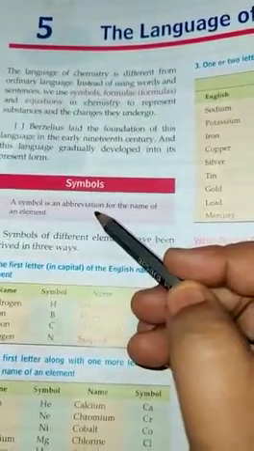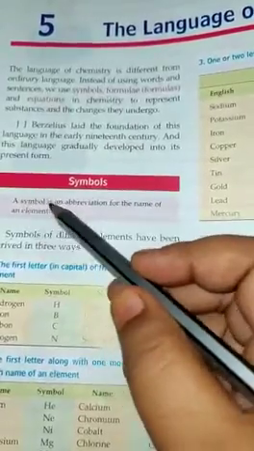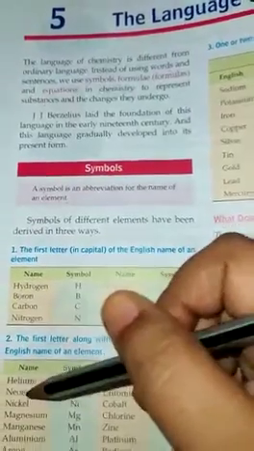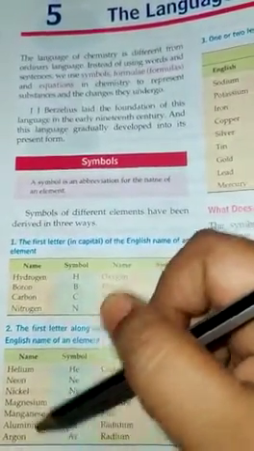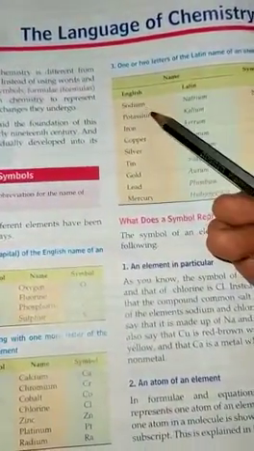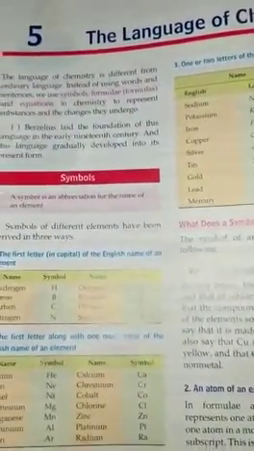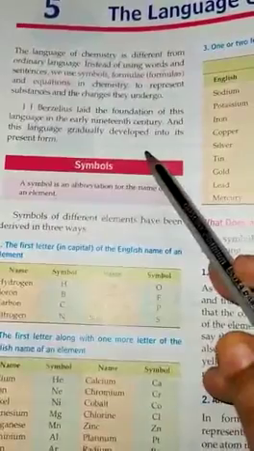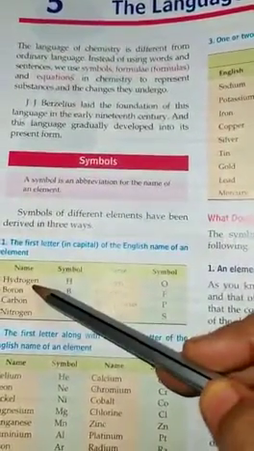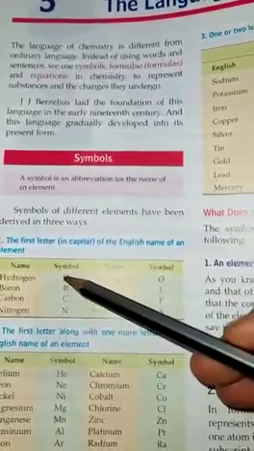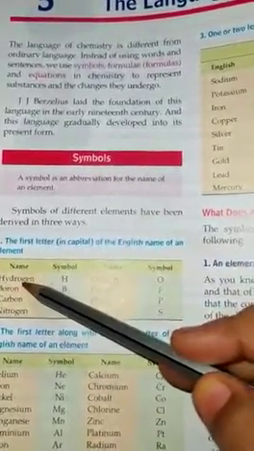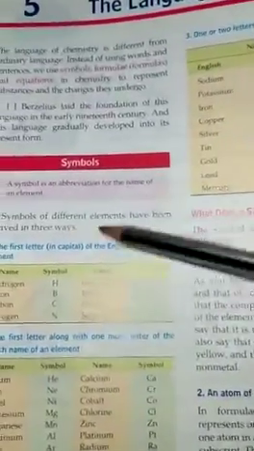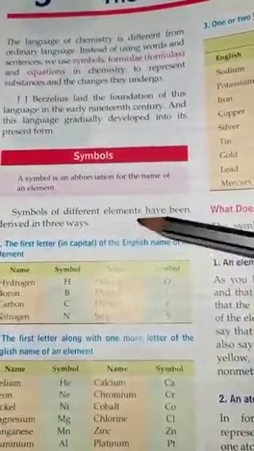A symbol is an abbreviation for the name of the element. Now all of you are familiar with elements like hydrogen, boron, carbon, nitrogen, helium, neon, nickel, magnesium, manganese, aluminium, iron, argon, sodium, potassium. All these are elements as you have seen in the periodic table. You can use symbols, the short forms of the elements, to represent them. There are three different ways by which you can write the symbols for the different elements.